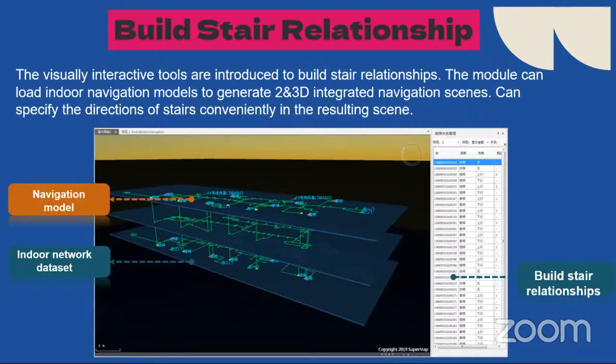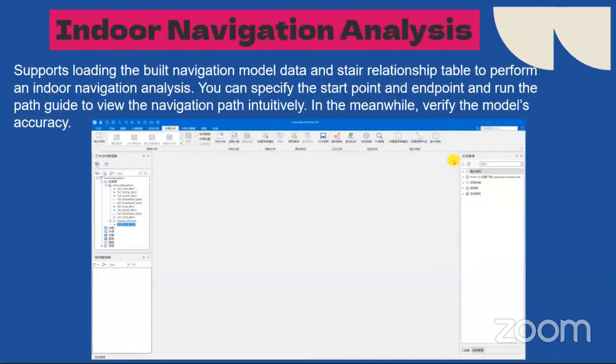This module can load the indoor navigation models to generate 2D and 3D integrated navigation scenes. This stair relationship can also specify the direction of stairs conveniently in the resulting scene. Okay, so this is how you can do the indoor navigation analysis.